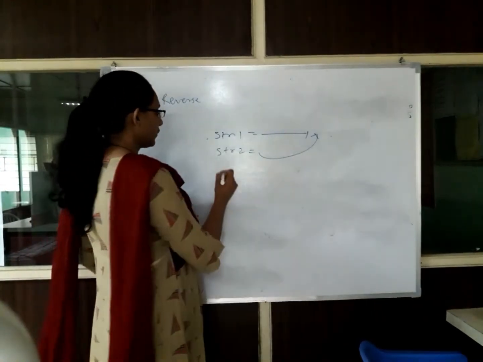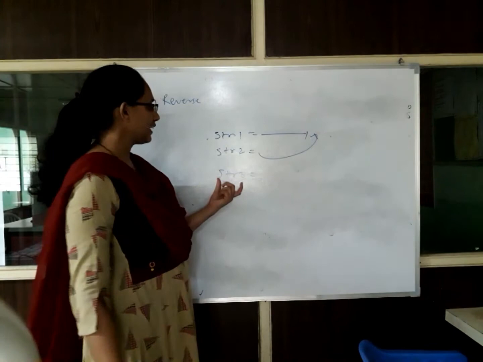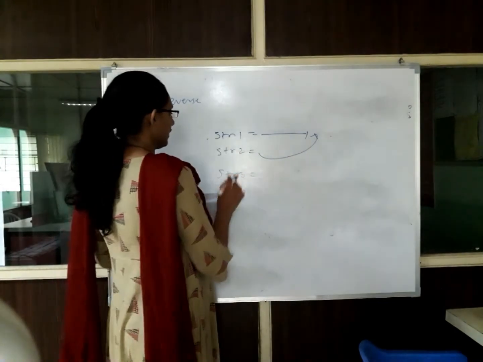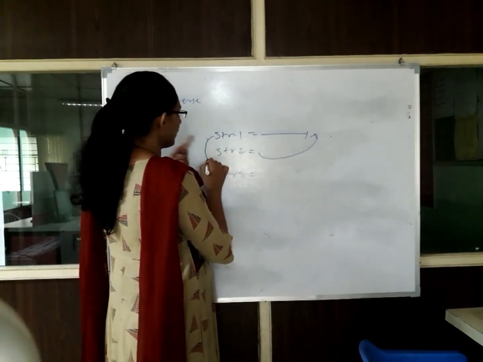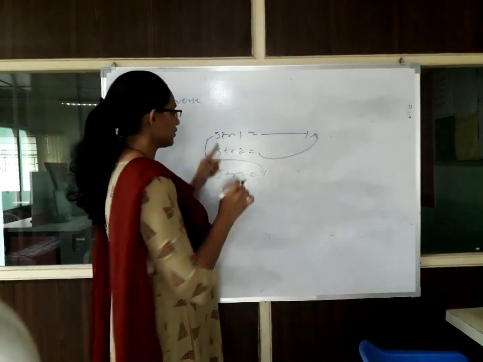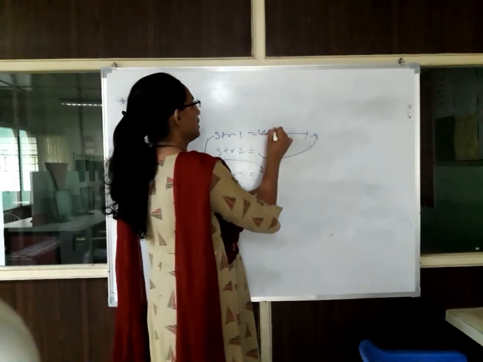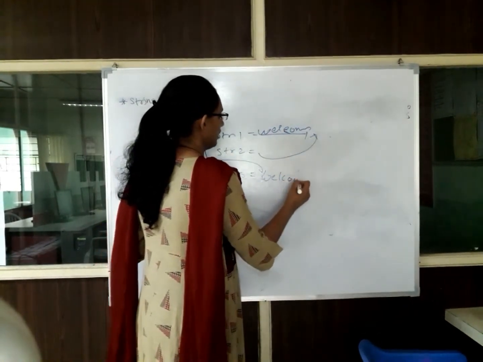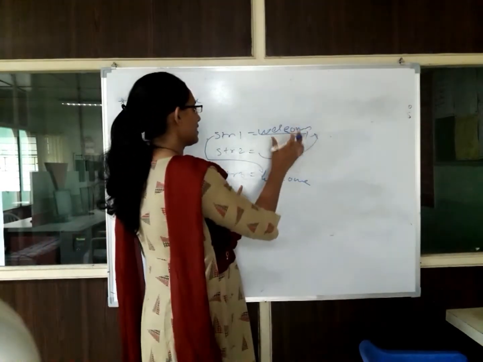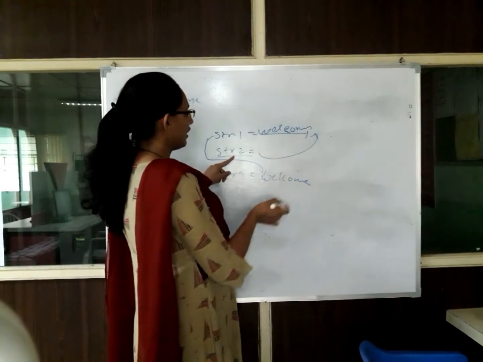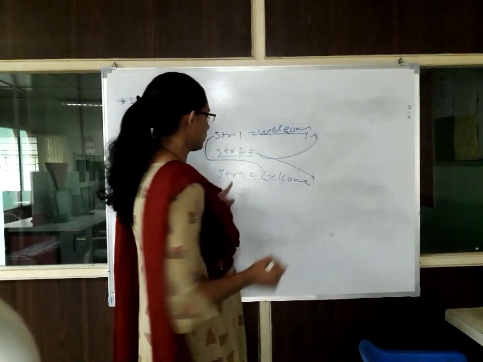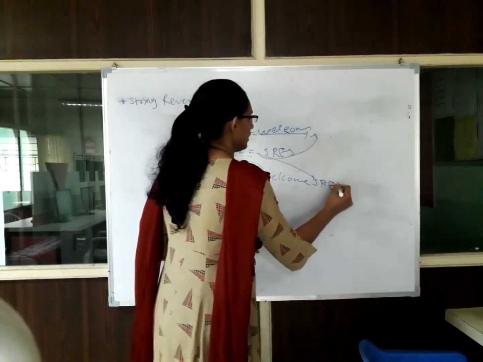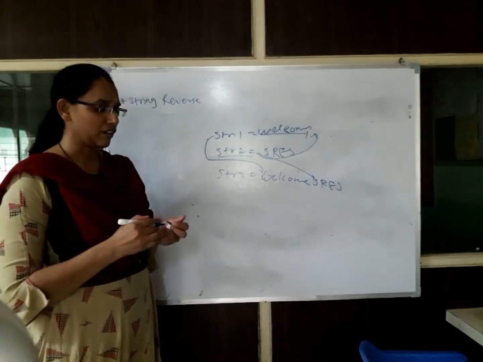The second solution is that you can take string 3, which is nothing but the resultant of concatenation. First traverse string 1. While you are traversing string 1, copy the content of string 1 to string 3. Suppose here it is welcome. So traverse string 1, and while you are traversing, copy that into string 3. Once this is done, traverse string 2, and while you are traversing, copy the content of string 2 into string 3. That is the second possibility of concatenation.